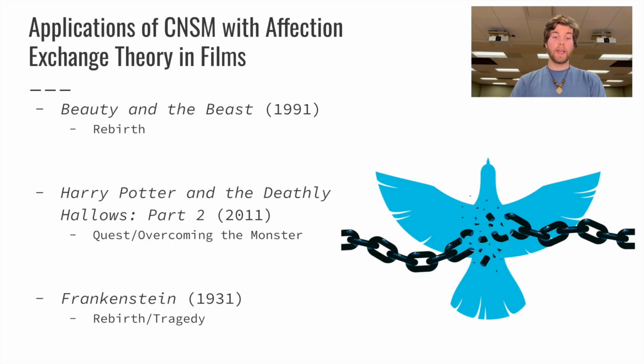Here, we saw a good example of how a little affection can go a long way, especially when it comes to someone who is not used to receiving affection, like Frankenstein's monster. However, we also saw the negative consequences of not staying within one's tolerances for adequate affection. The little girl appreciated the care Frankenstein's monster showed, but when he tried to show her affection by throwing her into the water, it was all too much for her, and it ended up costing her her life, which continues the theme of tragedy in this film.